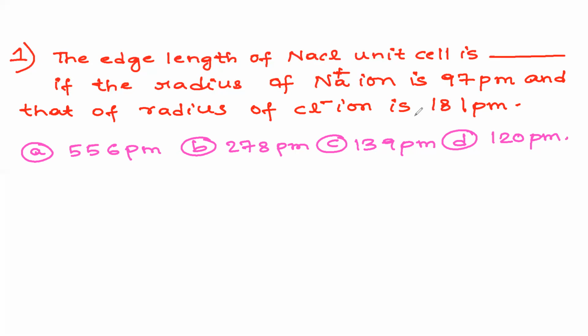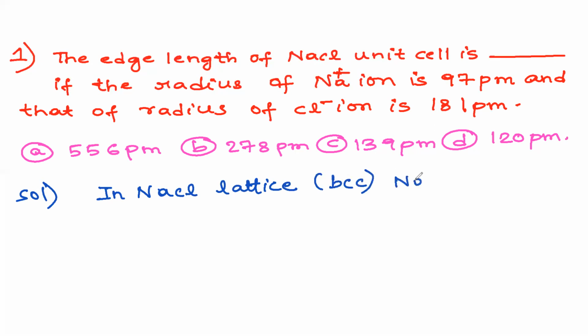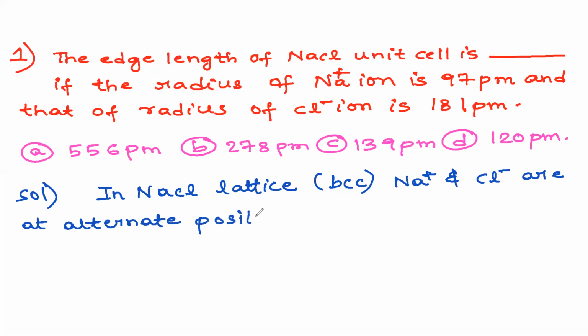In yesterday's class we discussed where the sodium ions and chlorine ions are present, at alternate positions. Hence, edge length is equal to,